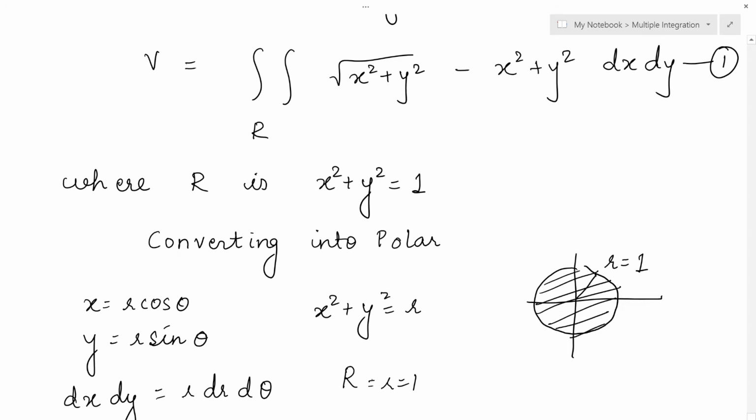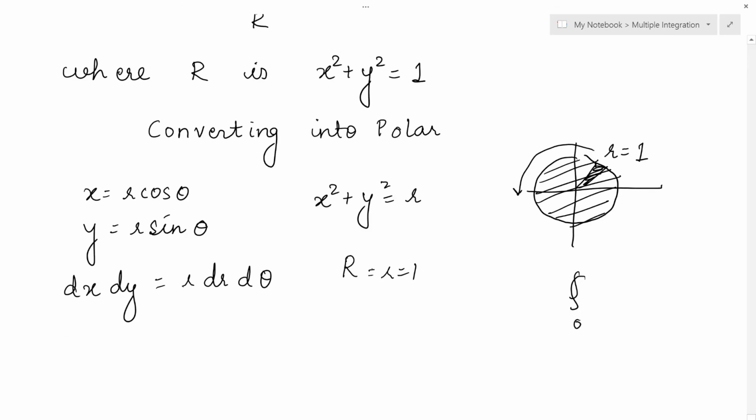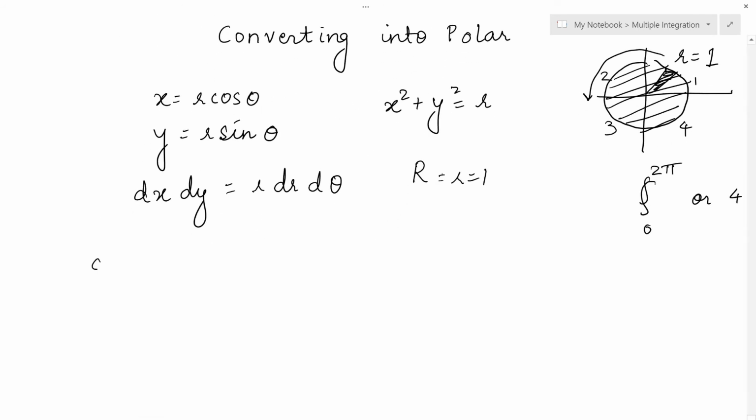So if we take a radial strip, and if we see it travels in anti-clockwise direction, so you have to write the angle 0 to 2 pi. Either you write angle 0 to 2 pi as outer limits, or you can write 4 into 0 to pi by 2. That means you can convert this into 4 regions, 1, 2, 3 and 4 as we did in the earlier thing. So now my equation 1 will become volume is equal to 4 into 0 to pi by 2,